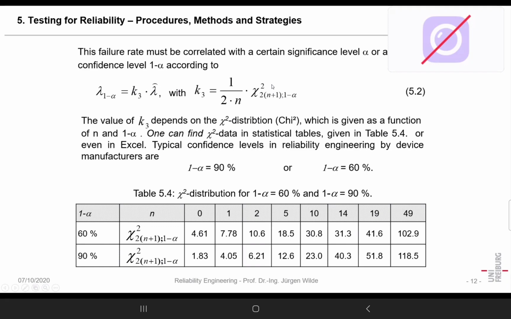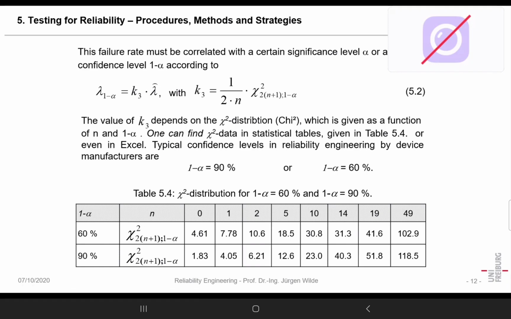And in that way, we can even give a certain failure rate with a certain confidence level, even if we had 0 failures. Sounds a little strange, but when you look back in the lecture notes where we had failure rates, there were some in the table where it says no failures, and it was just used in that way.